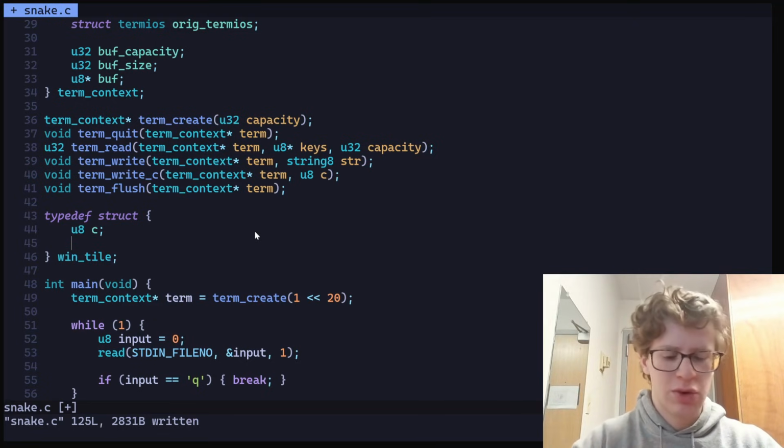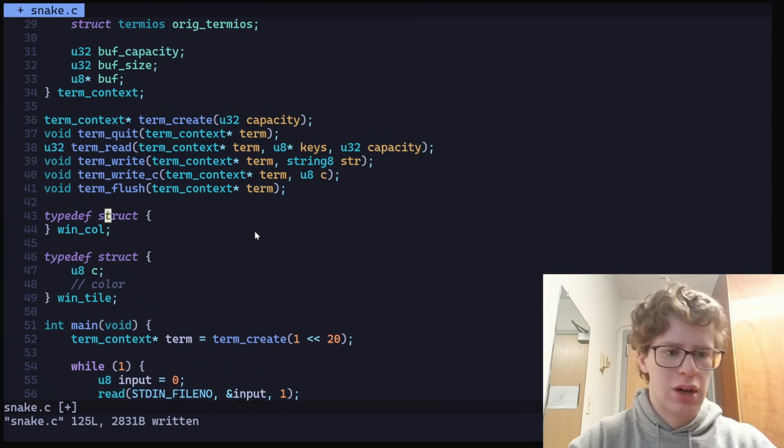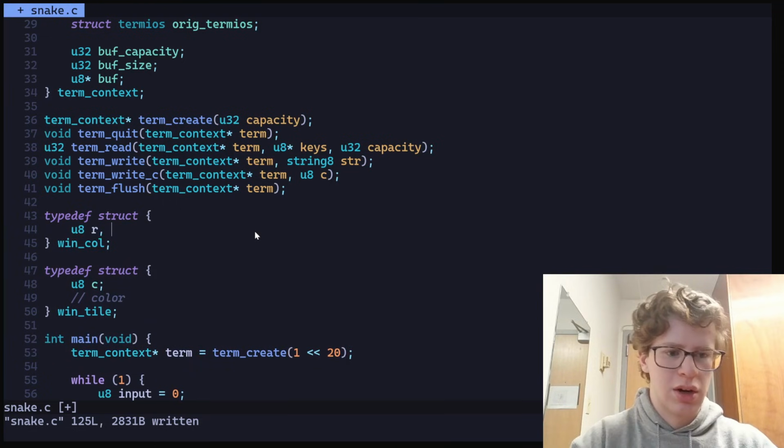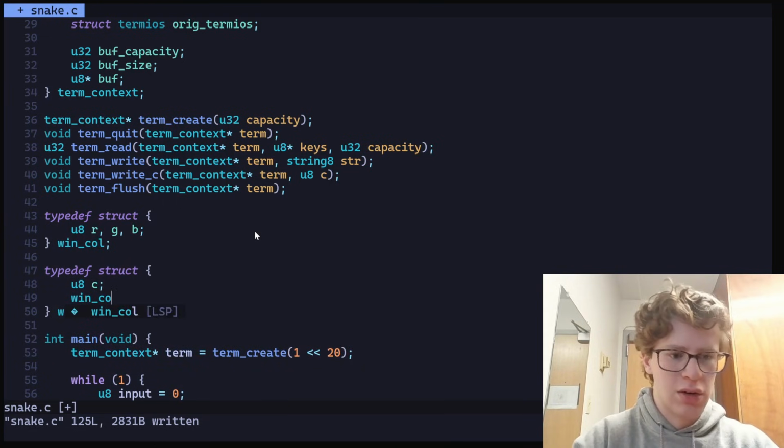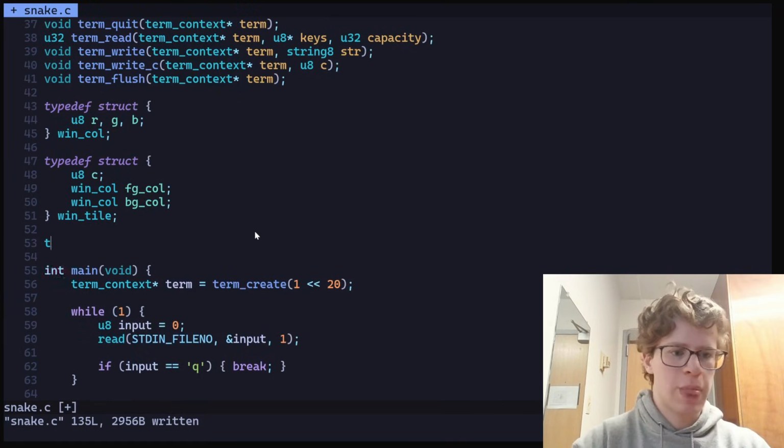So that'll be some sort of character, in this case just ASCII, and then also some sort of color information. So for that, I'm actually making another structure here, and this will be a color for the window, and that's just RGB, like so. So we're going to have an FG color, foreground, and then a BG color for background, and then